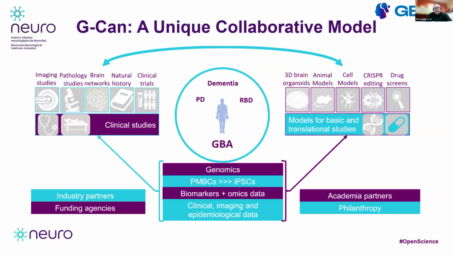GBA1 Canada, or GCAN for short, as we call it, is a unique collaborative model that has been implemented over the last two to three years, but has been the brainchild of Ziv for years before. It aims to build an integrated approach that takes all the data from individuals with GBA1 Parkinson's, such as imaging, sequencing and pathology, and brings it over to models on a dish or in vivo models, so organoid cell models and animal models. Then all of this goes into big data, bringing in academics and companies to focus on both discovery and translating this into therapeutics for GBA1 Parkinson's.